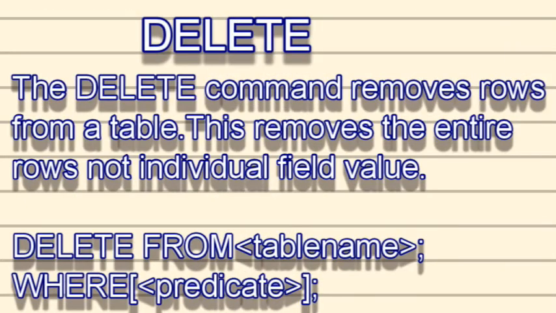The next one that we have is the delete command. The delete command is basically used to remove rows from a table. This removes the entire row, not individual field values. It will remove entire rows that are present in the desired table. For the syntax, we write delete from, then the table name, then after that